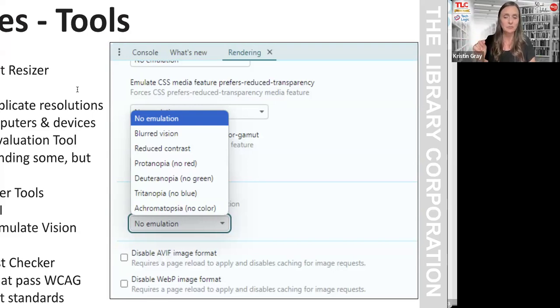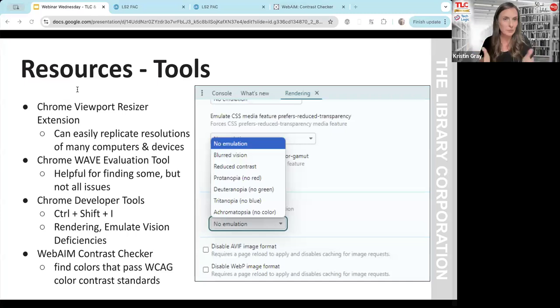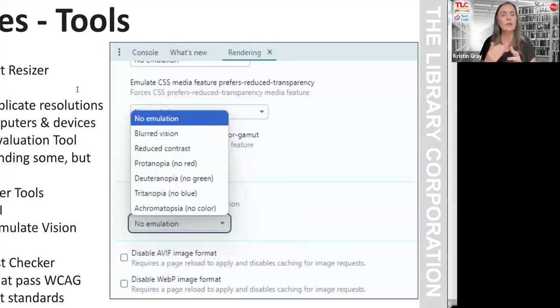in the browser menu. It opens Chrome DevTools, and you scroll all the way down to the bottom. There's a couple little tabs at the bottom, and if you have the rendering tab, or if not, you click on those three little dots and you can get the rendering tab to show. That's what this screenshot is on the slide, by the way. And then down towards the bottom, there's an emulation, and you can look at what your website, your software, whatever it looks like, emulating blurred vision, reduced contrast, and then some color